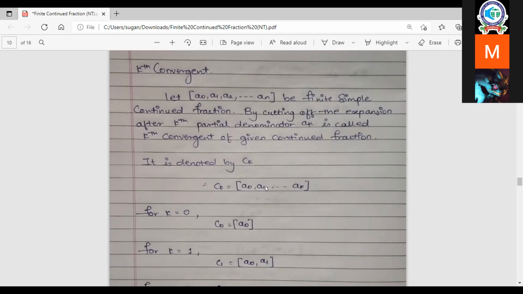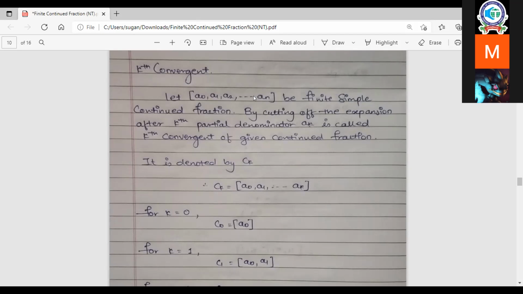Actually, many times when you are writing a0, comma a1, comma a2, comma dot dot dot, after that one more comma is needed. Okay? Yes, sir. So in this entire write-up, you are not putting that. Yeah, from the next time onwards, we will write it down. Okay. Yes, sir.